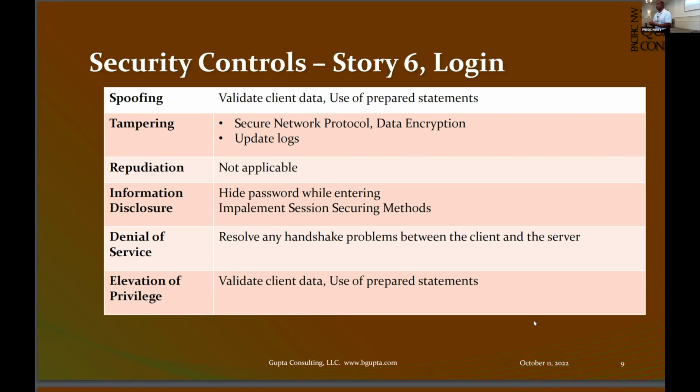You can enumerate it, and later on, I may have an example here. Okay. So this is how you decide which story is more risky than the other.